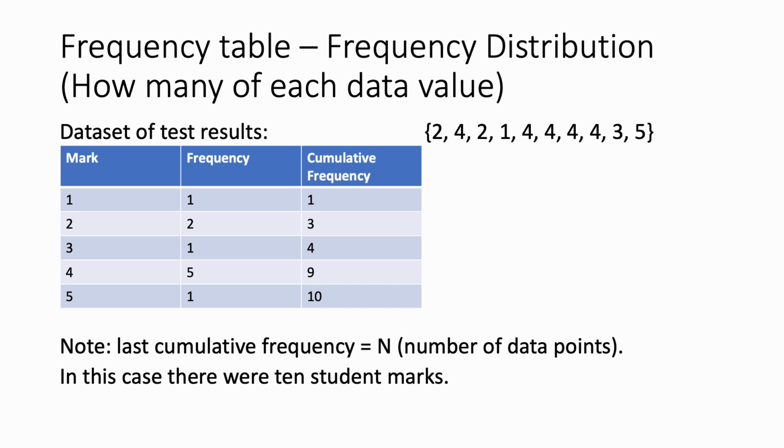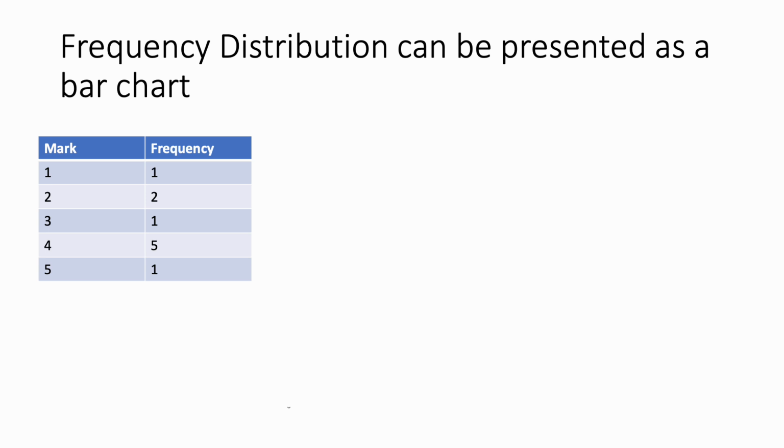Now let's see how we can visualize frequencies. All the frequencies put together in any form is called a frequency distribution. For example, here we drew a table of frequencies. So the table represents a frequency distribution. To draw this, we can use what we call a bar chart, where on the x-axis, we write down each